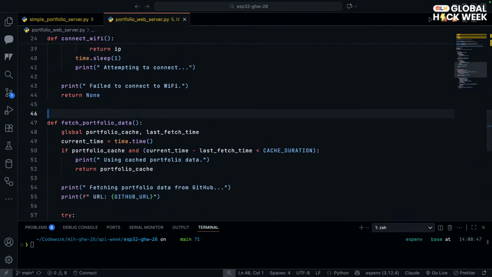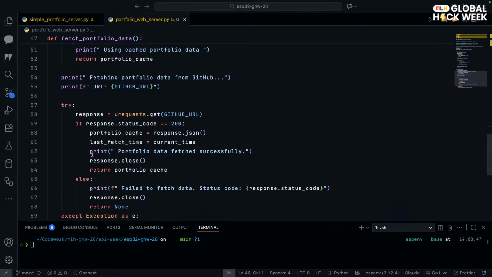But let me read through. So we are fetching the data. We have like around the time we are doing caching bit, which is fine. There's a try catch around getting the data from the GitHub URL. So we get the data and